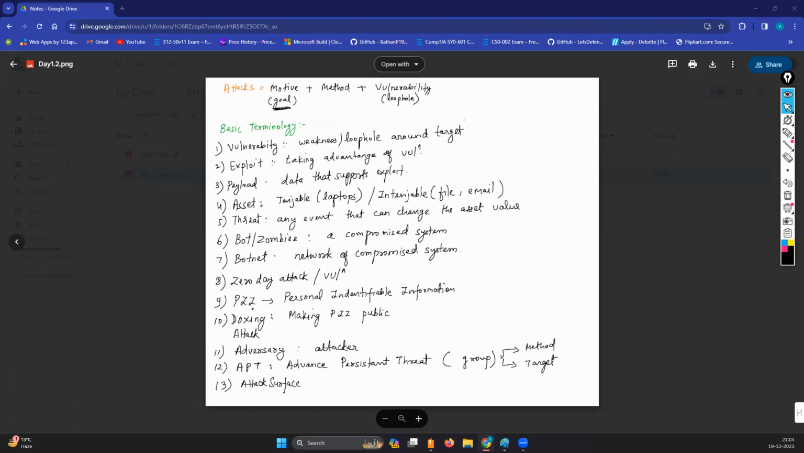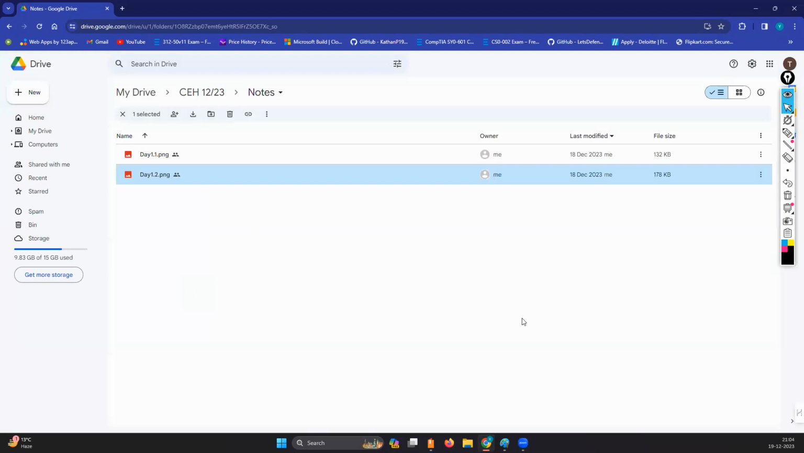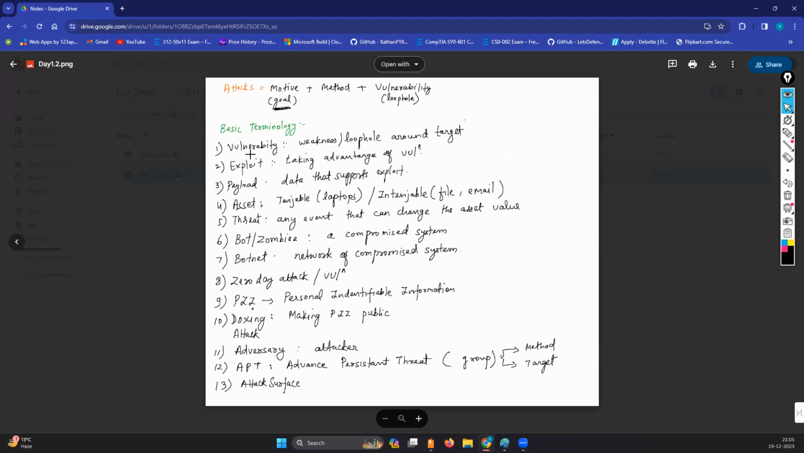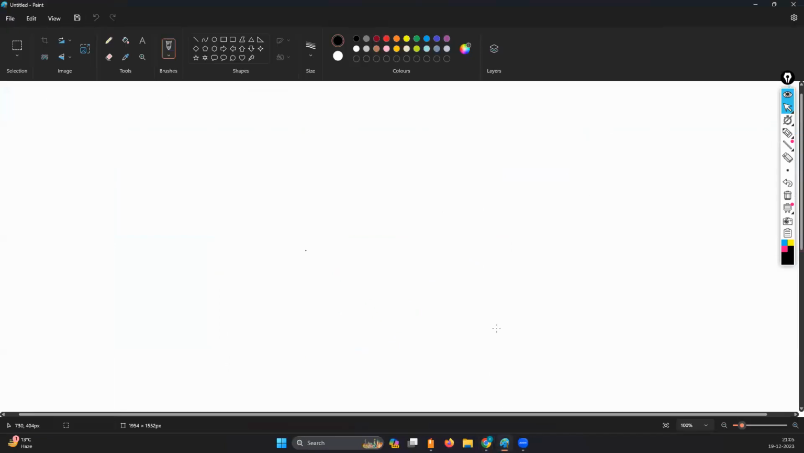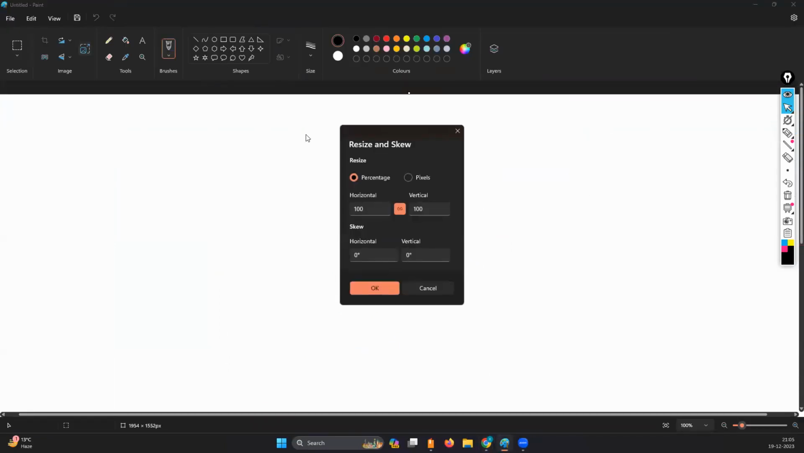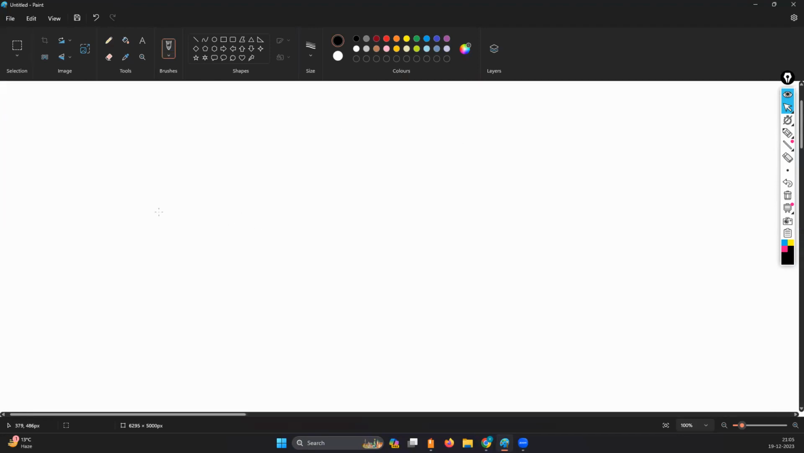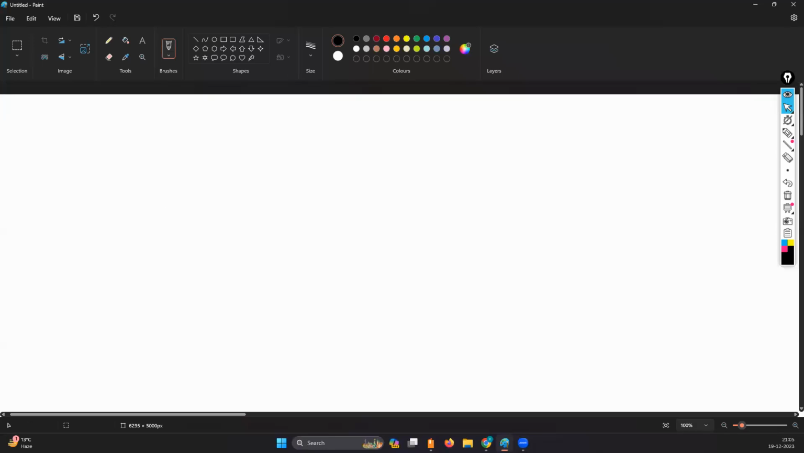Okay, let's start. Yesterday we have seen basic terminology and a brief intro related to info security and elements of information security. So yesterday we have seen how we can